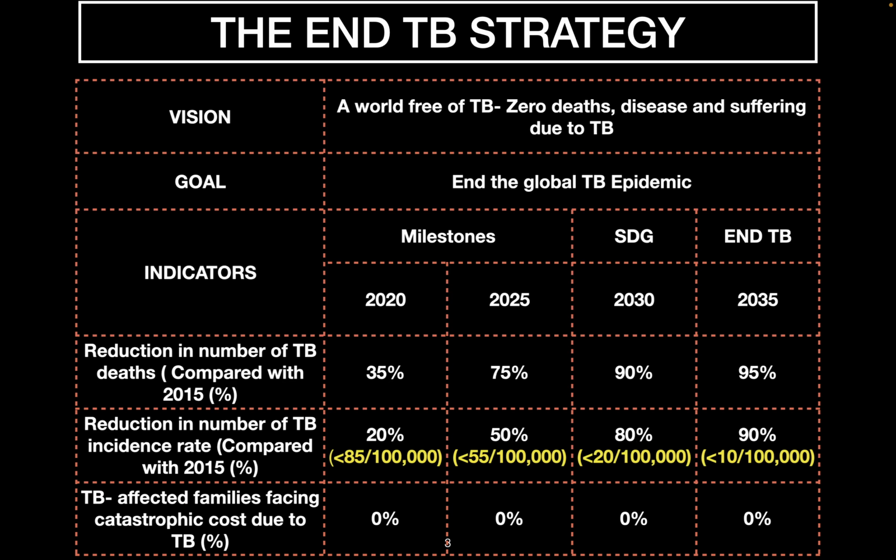Now, the Sustainable Development Goals started in 2016 and end in 2030. So there are lots of strategies which have been framed. For example, we are talking about the TB strategy, we have a malaria strategy, we have an HIV strategy, we have NCD strategies. So we need to have a holistic approach towards all these strategies, right? First we talk about the End TB strategy here, because we are discussing TB. So what is the vision?